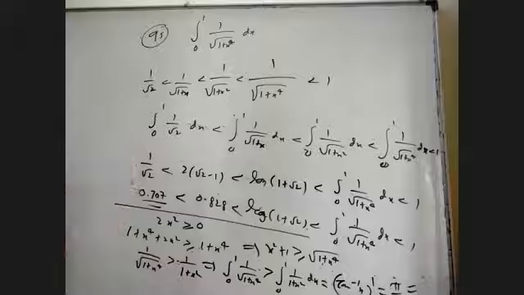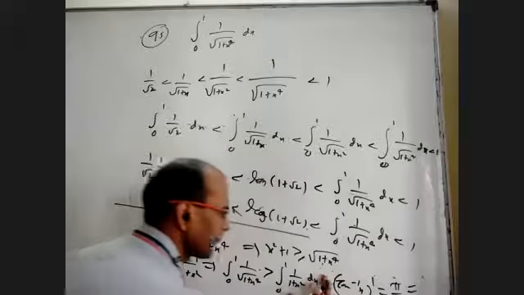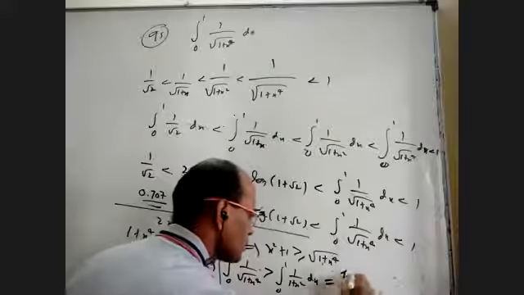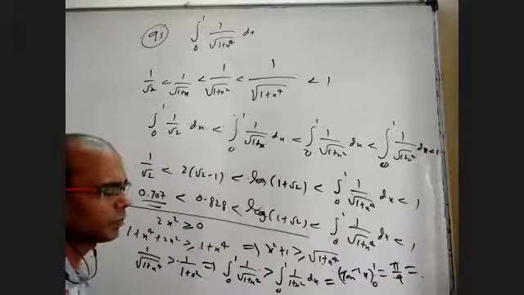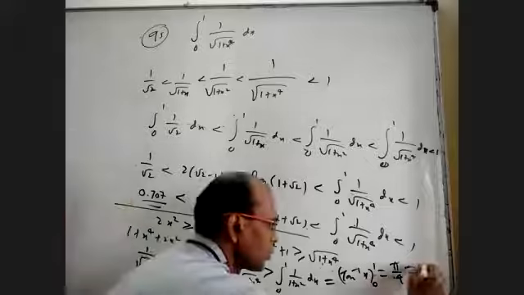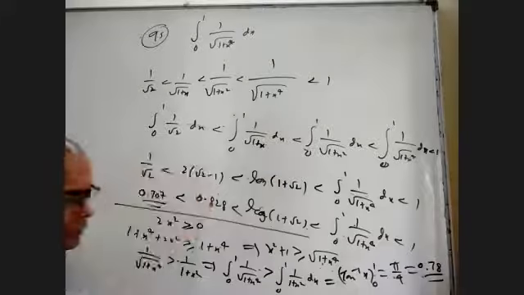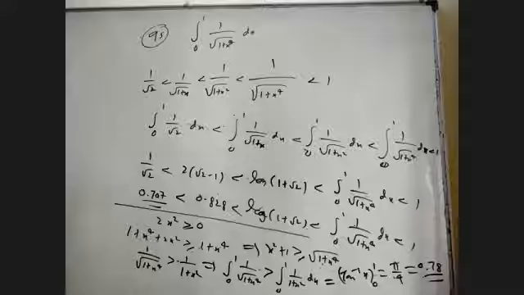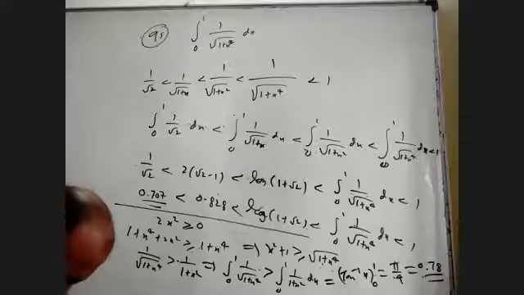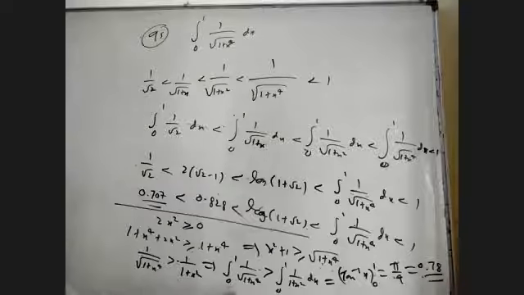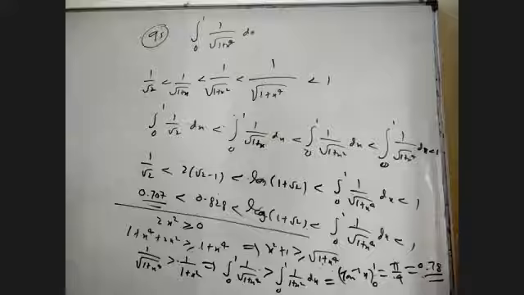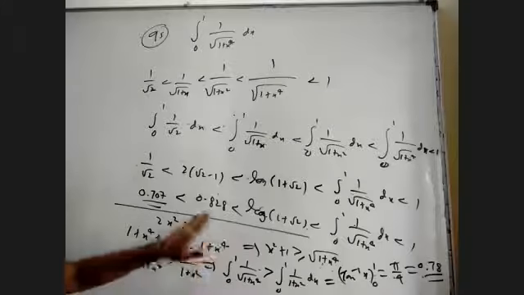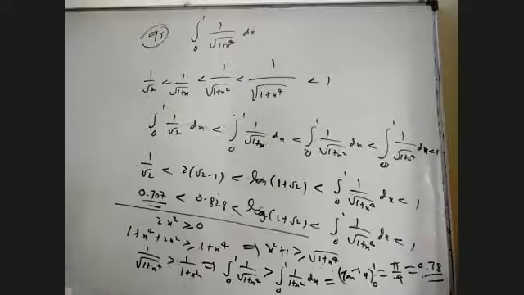This is tan inverse x from 0 to 1, which is pi by 4. And pi by 4 is 3 point something by 4, that is around 0.7 or something like that. Okay, so in our question, I is obviously greater than 0.78. Even here we got it is more than 0.82. If it is more than 0.82, it is also more than 0.78. So you don't have to write this part. This also you can say, but if you want to get it, also you can say.